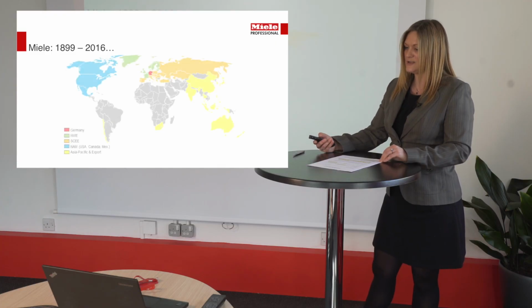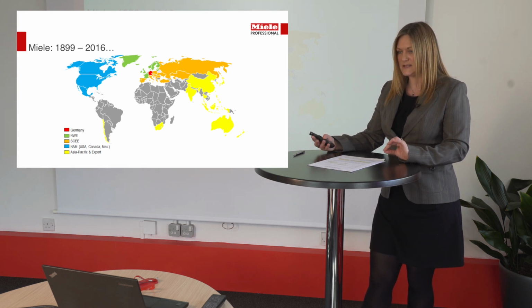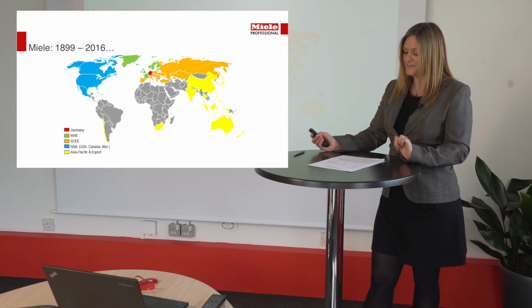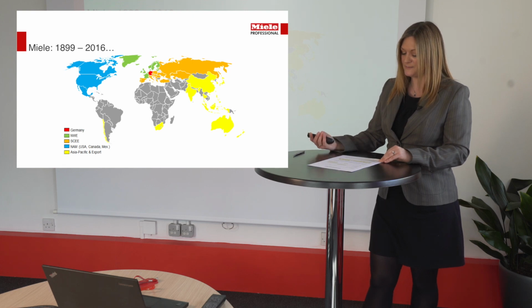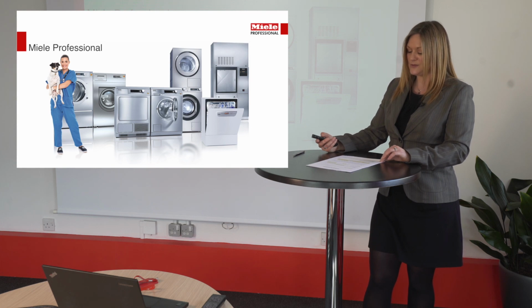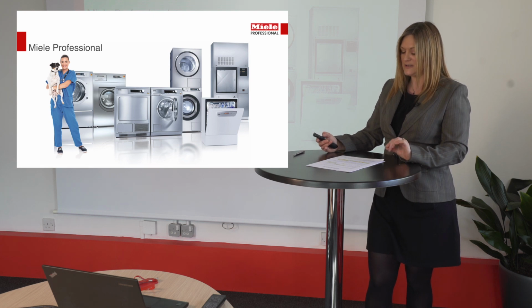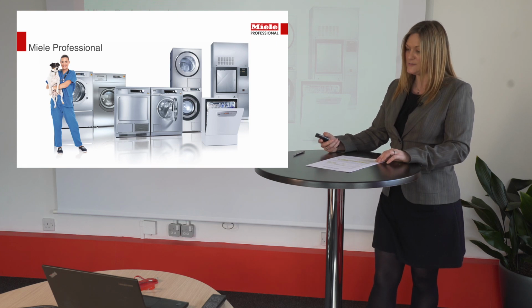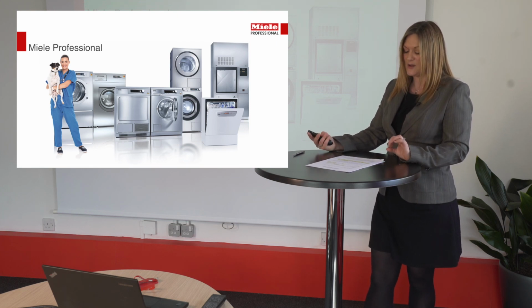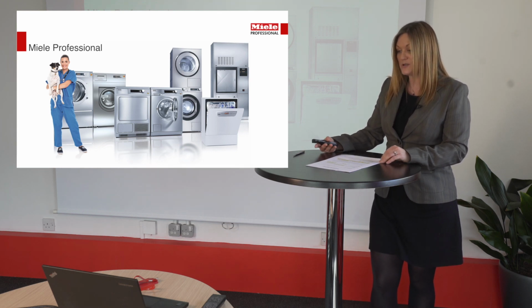With global headquarters in Gütersloh, Germany, Miele is the world leader in production of premium domestic and commercial appliances. There are 8 production plants in Germany and 4 other plants across the world. Company turnover now exceeds 4 billion euros. Miele Professional is the commercial division of the company, and we manufacture commercial laundry, dishwashing, disinfecting and sterilising equipment for a range of markets including hospitals, care, dentists, hotels, restaurants, offices, and obviously animal care, which is what this presentation